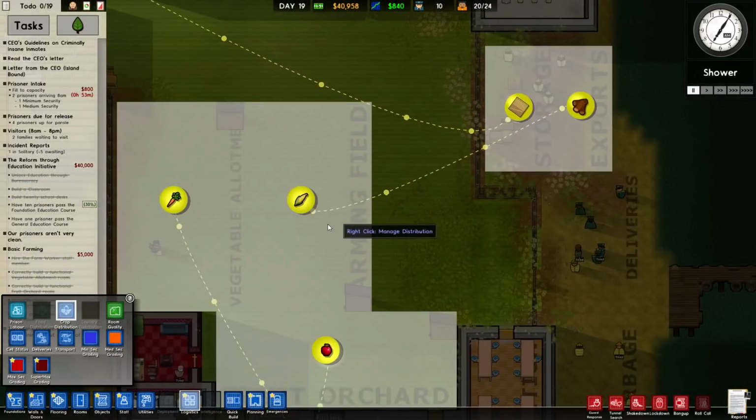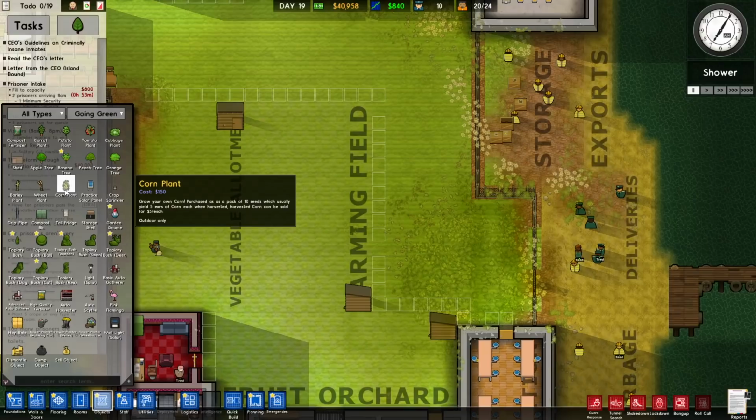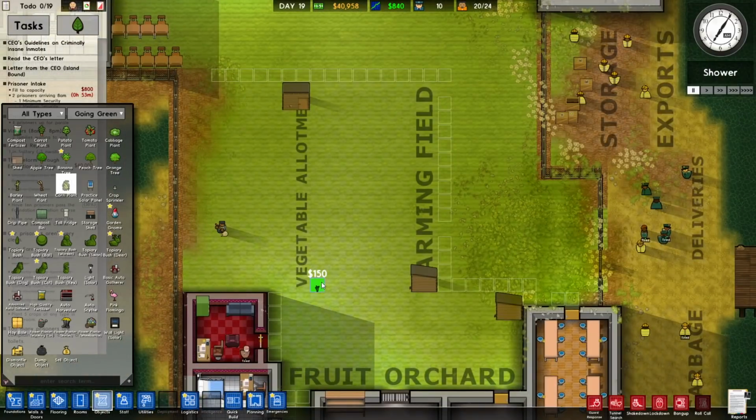I can sell corn for $5 a husk, I believe. Yeah, harvested corn can be sold for $5 each. So I think we'll do that. Actually, wheat is $6 each. I wonder if it takes longer, though. You know what? Corn's more delicious. I'm going to get corn anyways. And yeah, we're just going to...